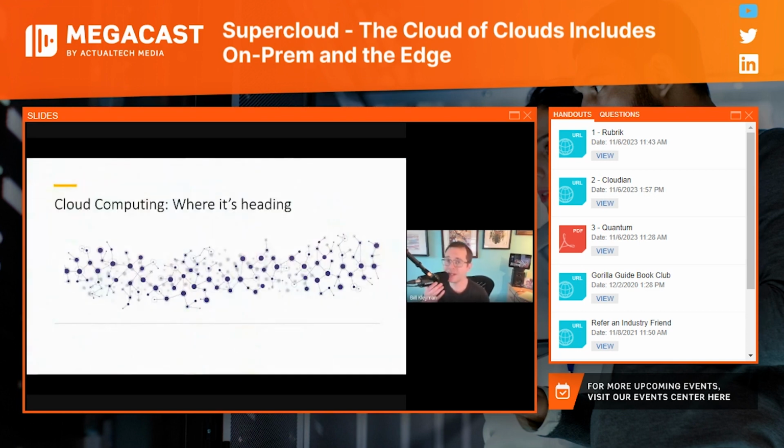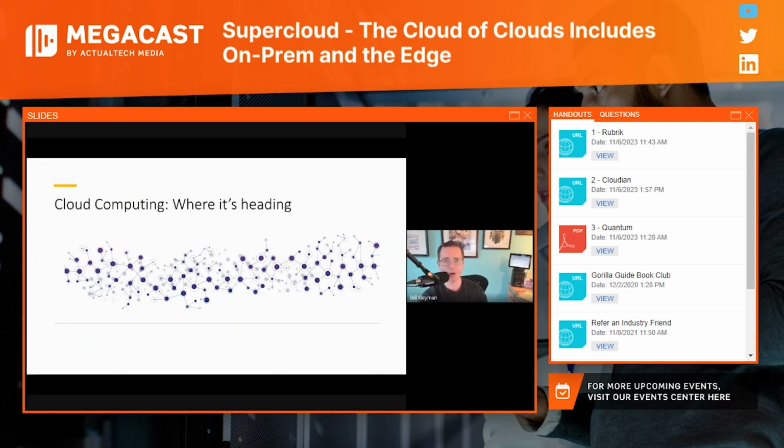Now, this next part is really important because the conversations that we're going to have today are going to revolve around the tool sets that you can use to move around critical applications, tools, data sets, and everything else to create your very own supercloud. And we're going to talk about what that means in just a few minutes. But let's take a look at where this is heading now.